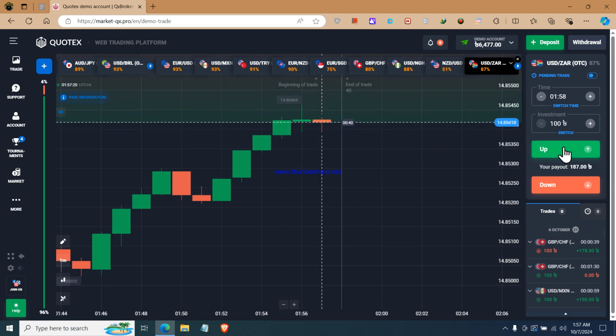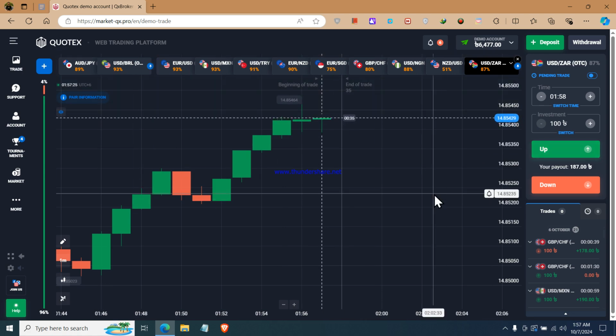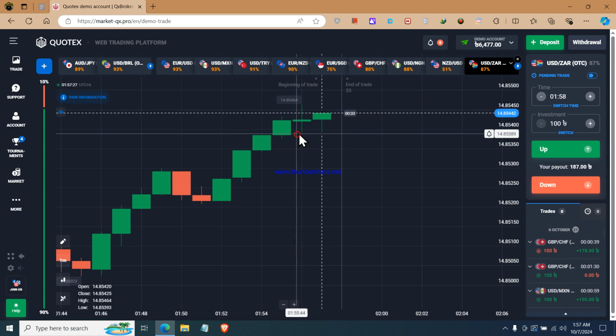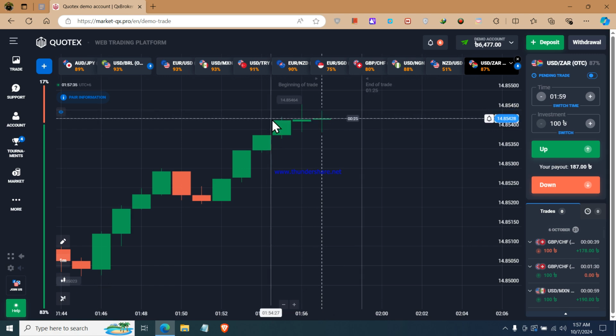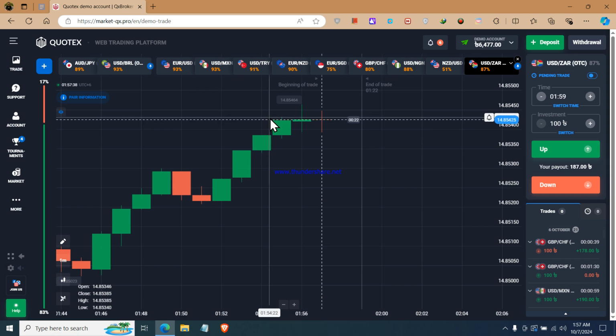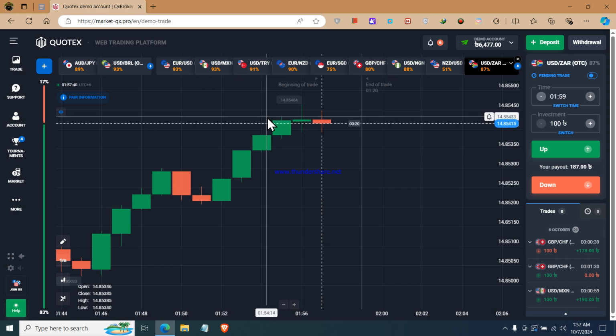Okay, I did not place my trade here. I don't know why, I was hesitating for a minute. If they cannot break this point this week, then I'm going to place my trade for down option. Okay, I'm going to place my trade for down option here. If they cannot break this candlestick,